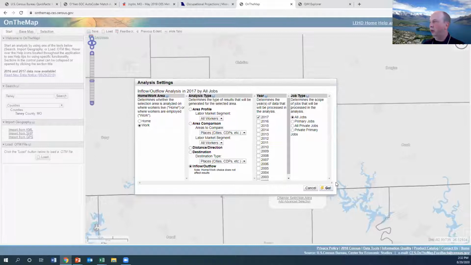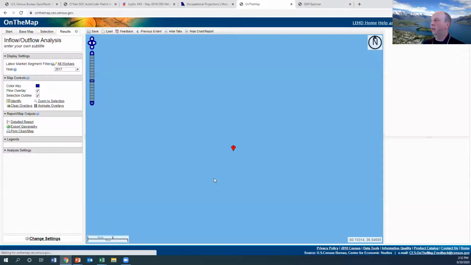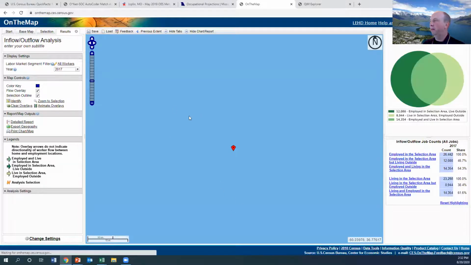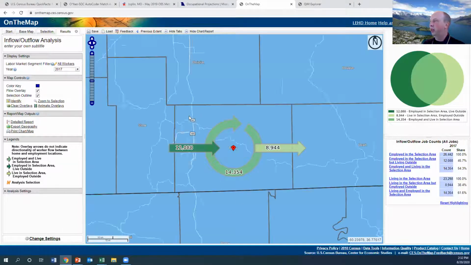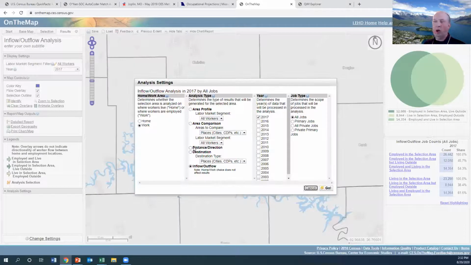So with the inflow outflow, I'm just going to hit go, and it's going to tell me, here it comes, that Taney County is a bit of a job center, and that more people, 12,000 people, come into Taney County than leave it over the course of a given day. So it is a job center. If I want to see how far people are willing to travel to go to work, that's the distance and direction